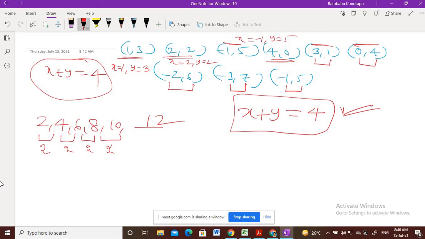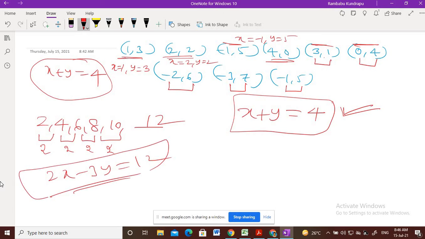But for example, if I give the equation 2x minus 3y is equal to 12, and you take the solutions of this equation, forming the equation by following those solutions is difficult. x plus y is equal to 4 we got easily, because it is a simple equation. So that is a difficult topic for you. First focus on whatever syllabus is in our 9th class, then we will see extra topics.